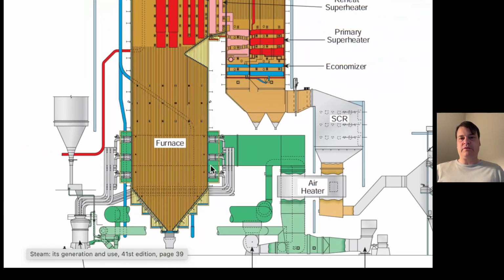The furnace consists of water walls, so this would be a radiant section of the furnace, and so the coal flames are radiating heat to these walls, and that's going to boil water in the tubes. As the water boils in the tubes, it becomes less dense and it travels upwards, and that steam is separated in what's called a steam drum. So the liquid and the vapor water are separated in the steam drum,